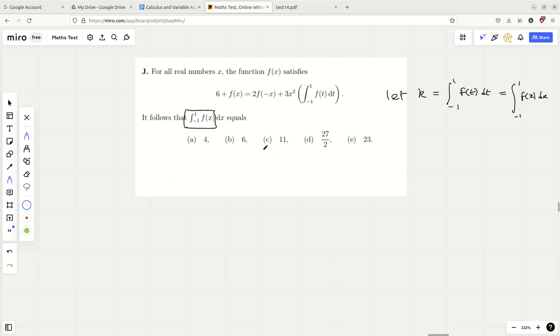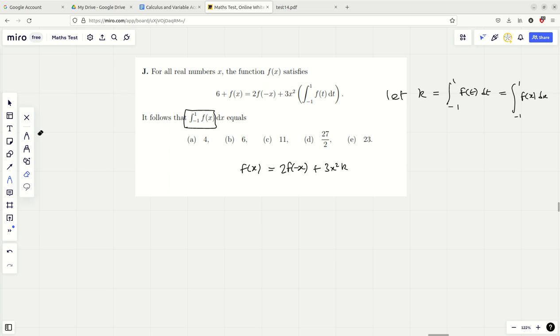But this is a constant, yeah? And so what have we got? 6 plus f of x equals 2f of minus x plus 3x squared k. Yeah, cool. Okay, now it looks a little less intimidating, but this is still a hard question. But the fact that they've got f of x here and 2f of minus x here makes me think, well,